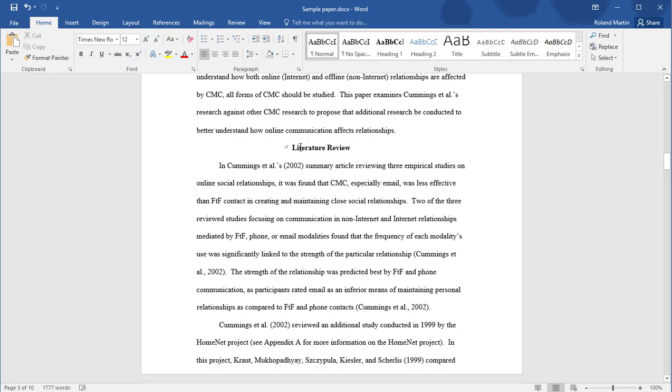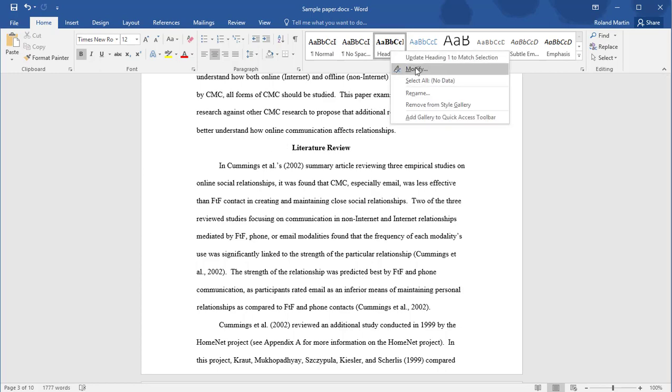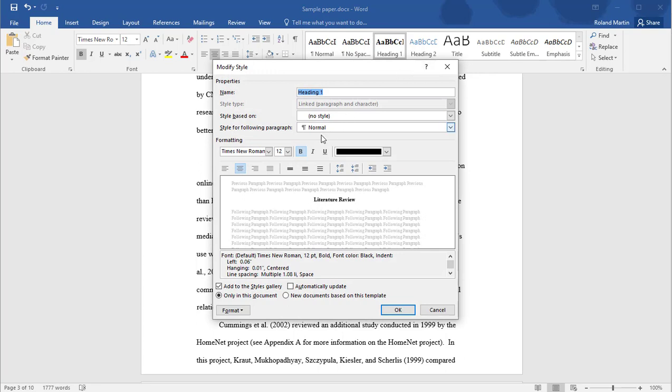Let's say I'm going to use this heading style here. You can see once I click on it, the Styles group says, hey, you're using Heading 1. Well, if I want to change what Heading 1 looks like, all I really need to do is right click on Heading 1 and modify it. Let's say wherever I'm using Heading 1, I want that to be 14 point instead of 12 point, and I would like it to be underlined,